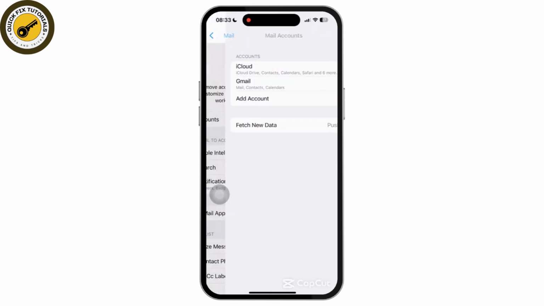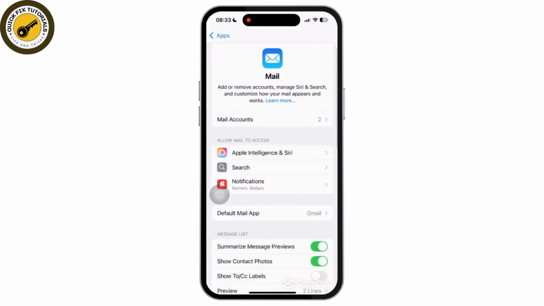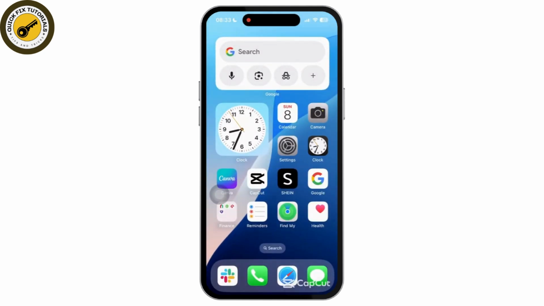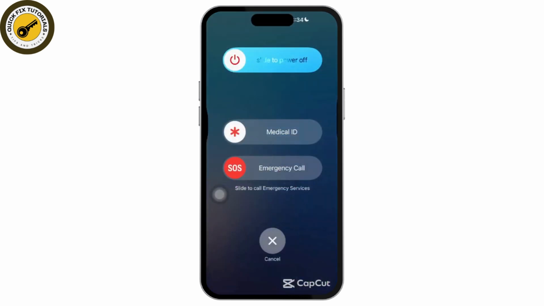Now all you have to do is do a simple restart. After you have done all this, a simple restart might also fix this issue. Long press on the power button and the volume down button together, then a slide to power off will appear on your screen. Now slide it and wait for 30 seconds and turn it back on and open the mail